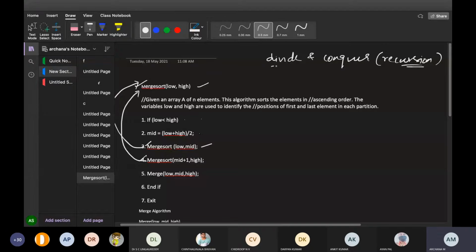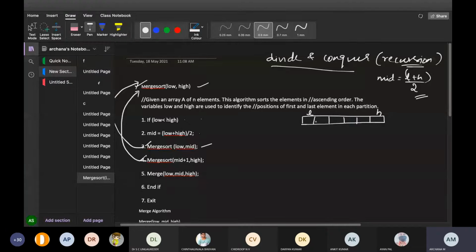Divide and conquer techniques are always written only using recursion. This is very, very important, you need to note it down. What is this merge sort? Merge sort is a divide and conquer technique. Look here, I am writing an array over here. For whatever array is there, low and high will be considered. In any merge sort or divide and conquer technique, we always find the middle. The middle will be either low plus high divided by 2 or start plus n divided by 2. This is left to the user.